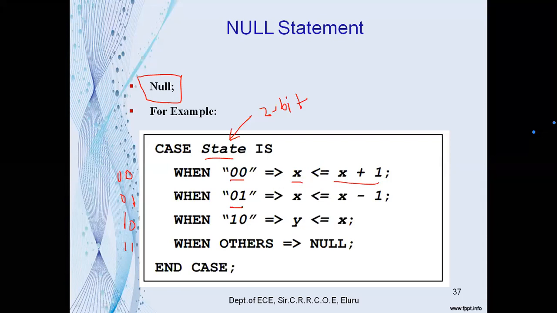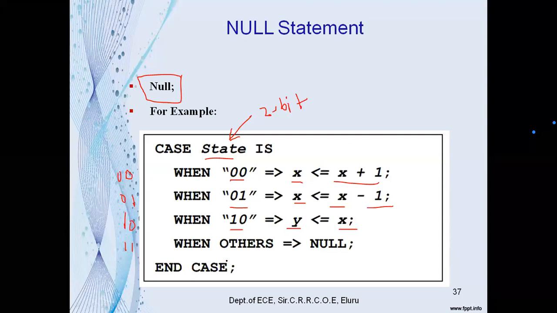For the second combination, when the state input is 0, 1, then the x value is x minus 1. And for the third combination, when it is 1, 0, y is x here. So this is an example.